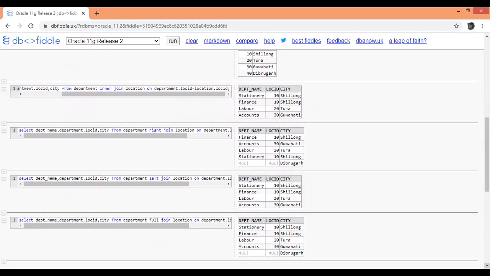So this was all about left join and right join. Very easy. For right join, whatever rows are present in the right table will be listed, and in left join, whatever rows are present in the left table will be listed, even if there is no match in the right table.